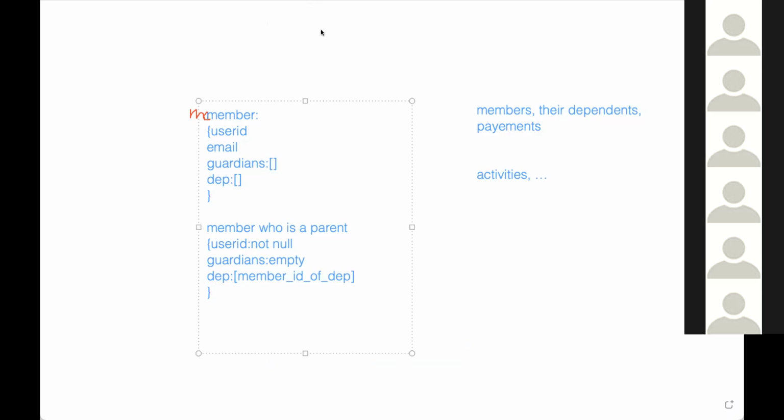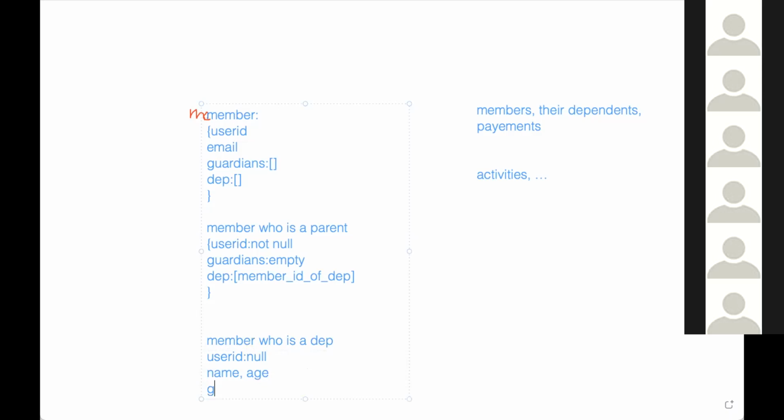So I think for a member who is a dependent, the user ID should be null, right? Unless you're planning to give them access. No, we are not planning to give them access. Yeah, so the user ID should always be null, right? And then you have the rest of the information: the name, the age, and so on. Those are filled.